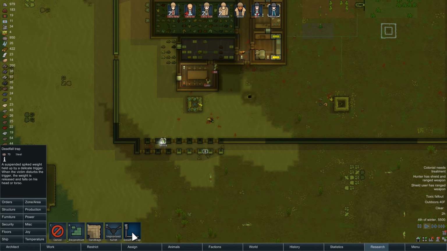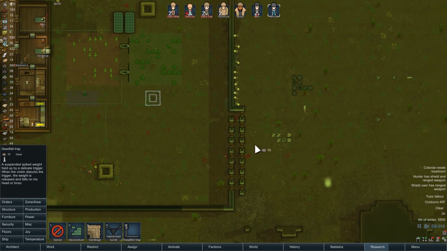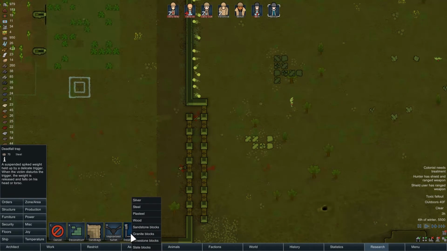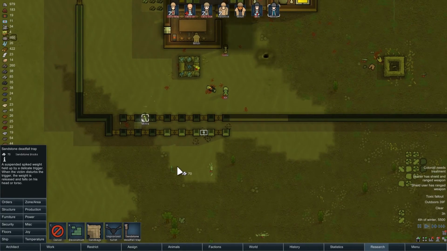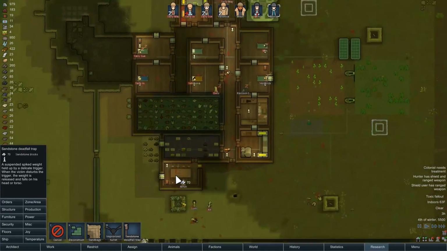I guess we can go ahead and start doing more deadfall traps. So we have one set up to build here. I don't want it to be out of steel, though. I want it to be out of... What do we got? Sandstone? Yeah, sandstone. Make it out of sandstone blocks, and we'll put it here. And I'd like to build up these traps so that they're...